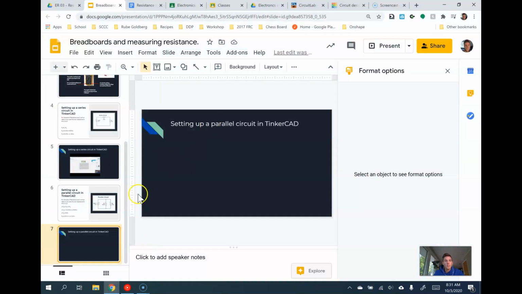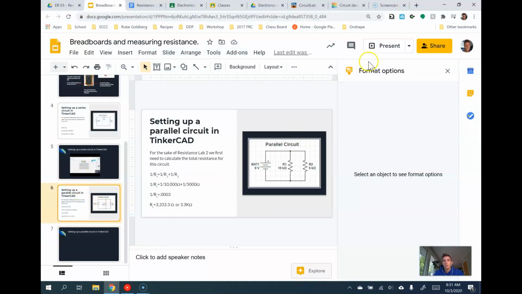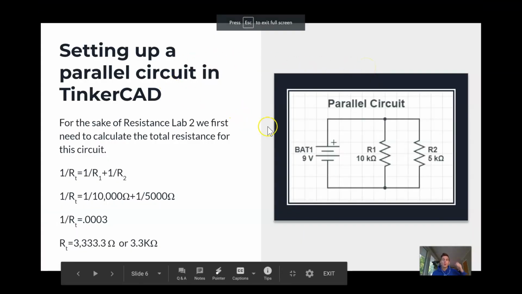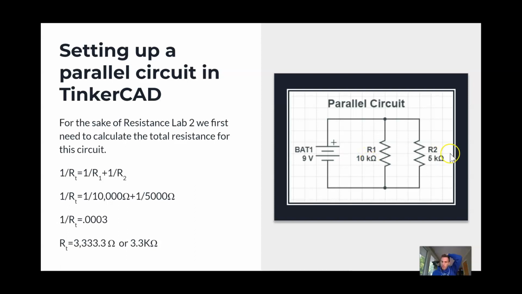Hey everybody. So right now we're going to start talking about setting up a parallel circuit in TinkerCAD. We have the same resistor values here. We have a 10 kilo ohm and we have a 5 kilo ohm resistor. And again, for the sake of this lab, resistance lab 2, you're going to first need to calculate the total